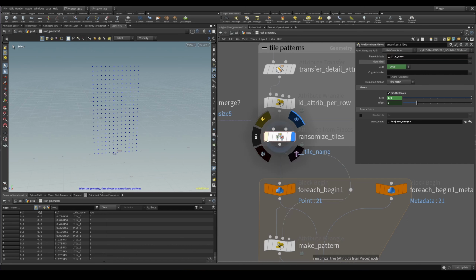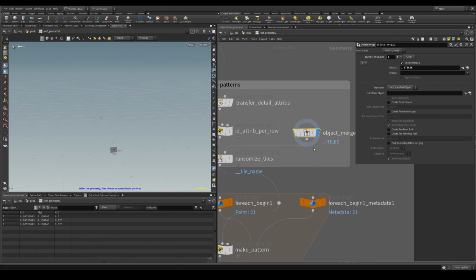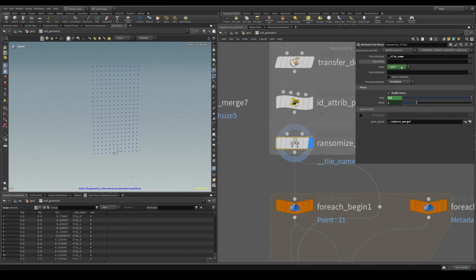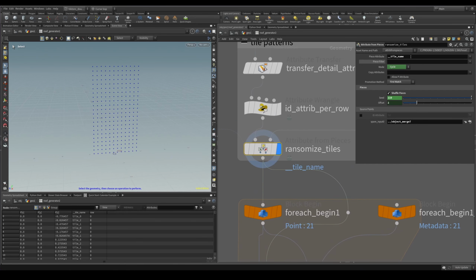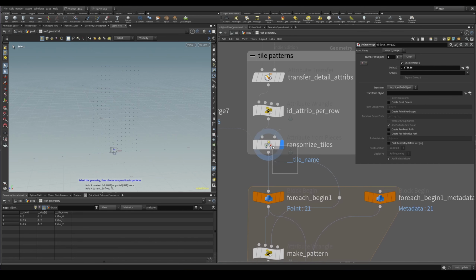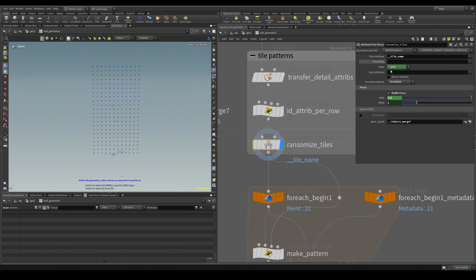And then we also need our geometry library, which is of course our tiles. All we have to do is take our piece attribute, which we know is a tile name, and it's going to take each unique value it has found for this attribute, tile name, and assign it based on this mode